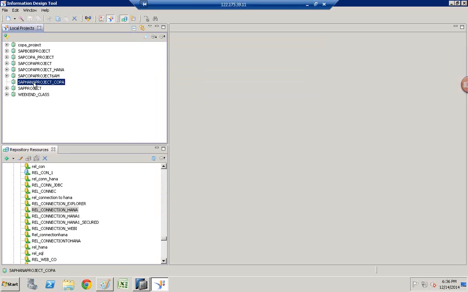Once we create the project, now let us create a connection shortcut to the project. So when you right click on the connection,